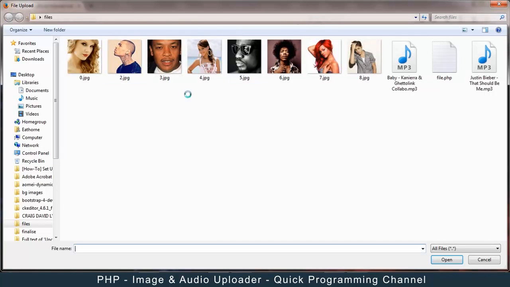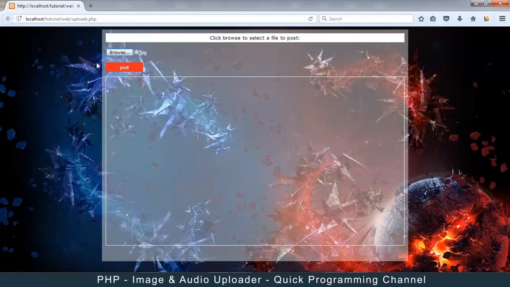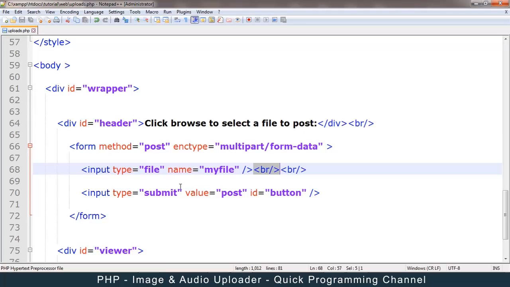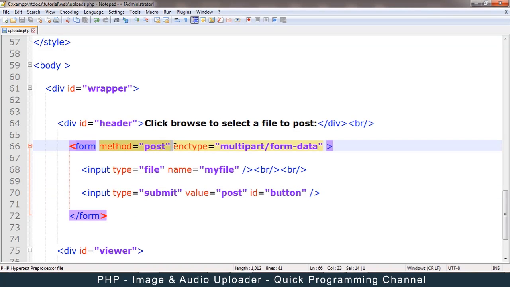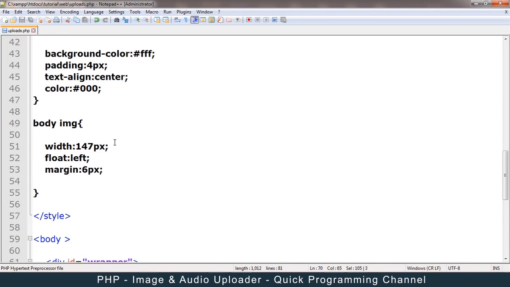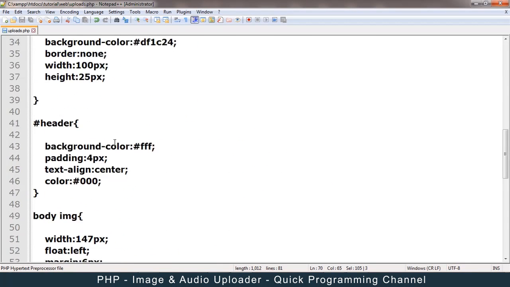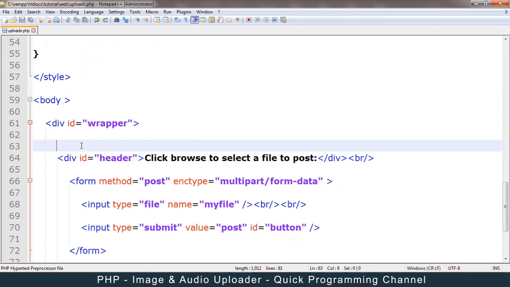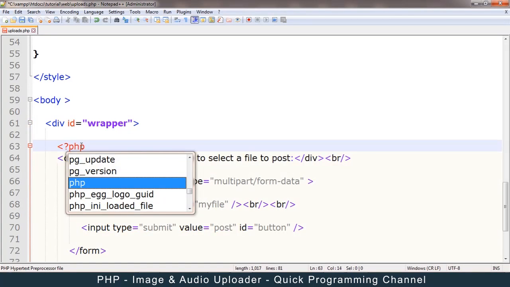because now if I hit the browse button, I actually get a file browser, which allows me to select a file like this one and hit post. Okay, now what happens when I hit post is that the page is refreshed. Okay, the difference now is that a post variable is created by PHP, which contains these values here. Okay, so let's go up here, actually not too far, just up here, and create some PHP tags